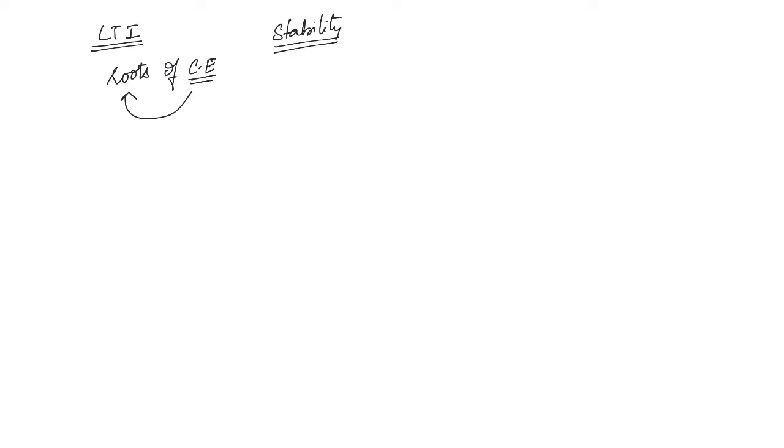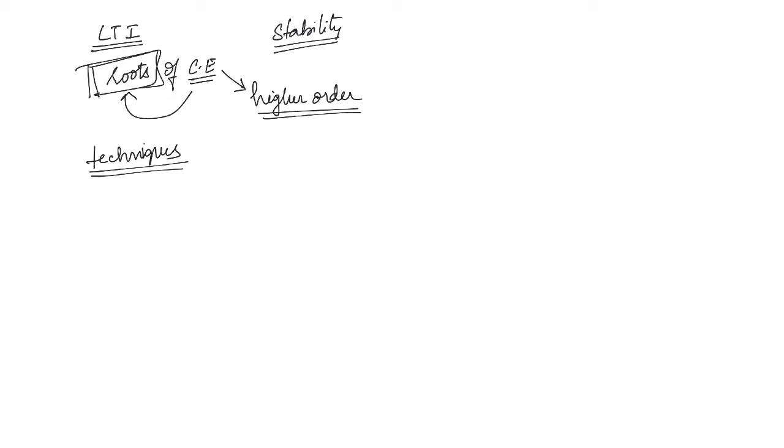But as the complexity of these control systems increases, the order of this characteristic equation will become higher. For higher order characteristic equations, it will become difficult for us to solve for the roots. In such a case, we will have to use some techniques so that we can find out the location of roots without having to know the roots. Without solving the characteristic equation, we can find out the location of roots using these techniques.